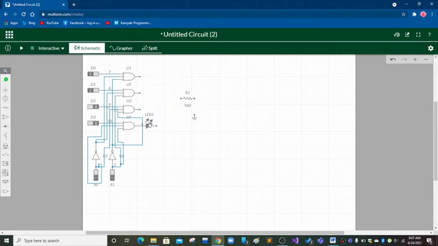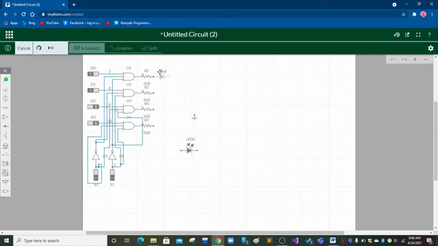First of all, we have to connect the resistor. I have made a mistake, and we are going to connect resistors. Now we should connect these LEDs to the resistor.